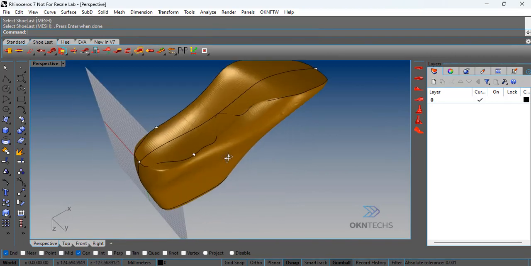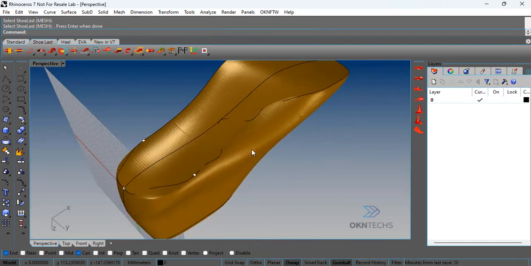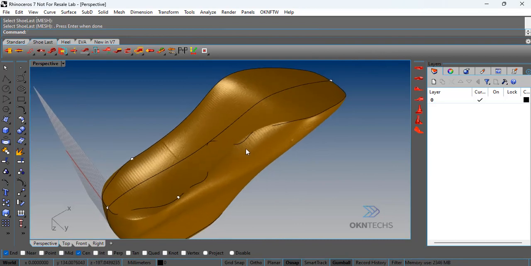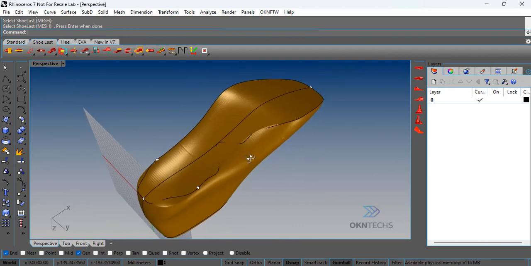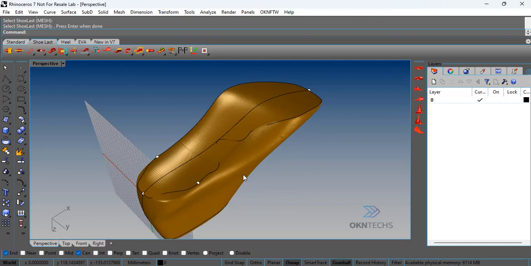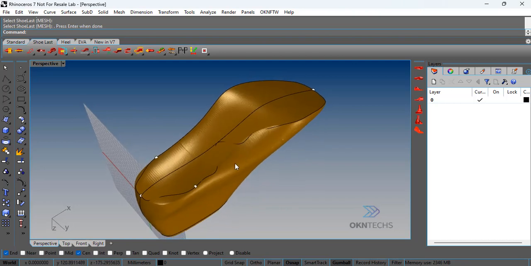You can see that the software defines the feather edge, but in some points it's tricky for the software to really define where the edge is, especially when you have a last with round edges. Some lasts just don't have any edge in the bottom. We're going to see how to project a 2D profile later in the next video,